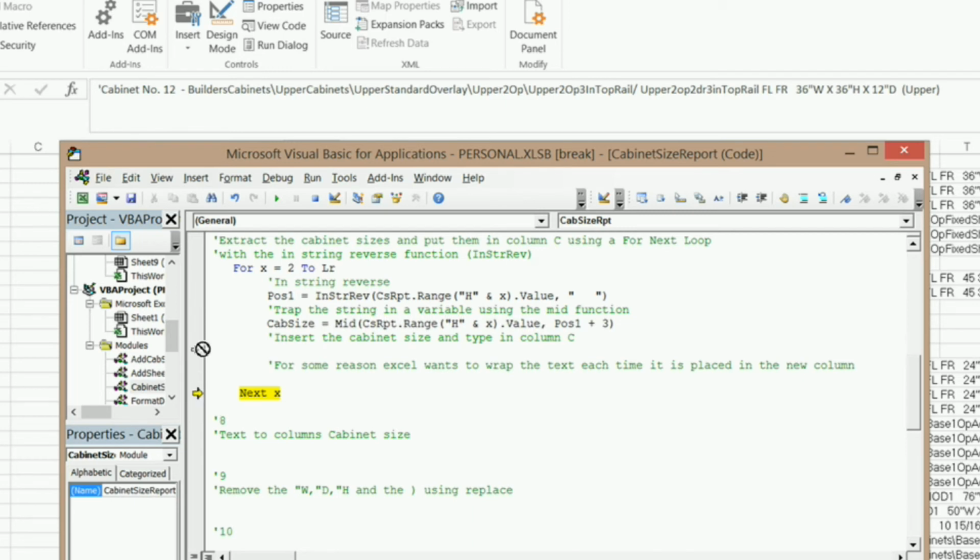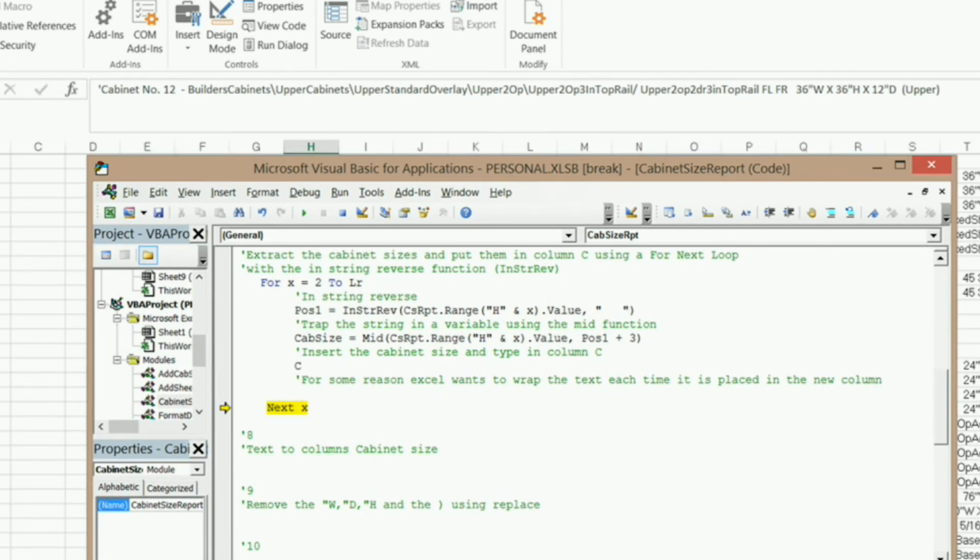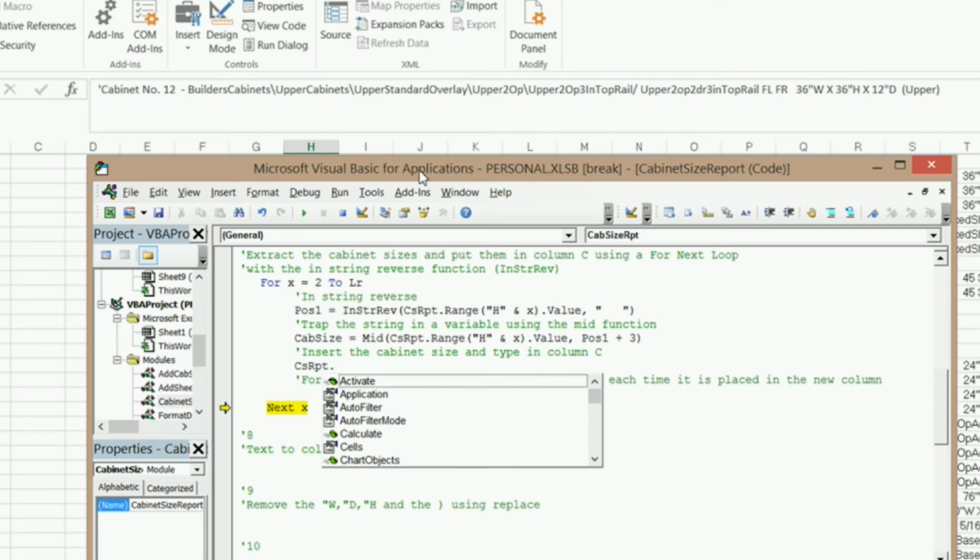So let me put our arrow right here and go F8, and you see that it indeed put 36 wide by 36 high by 12 deep upper in that variable. Now we need to put that in column C. So I'm going to go CS report dot, this time I'm going to use dot cells